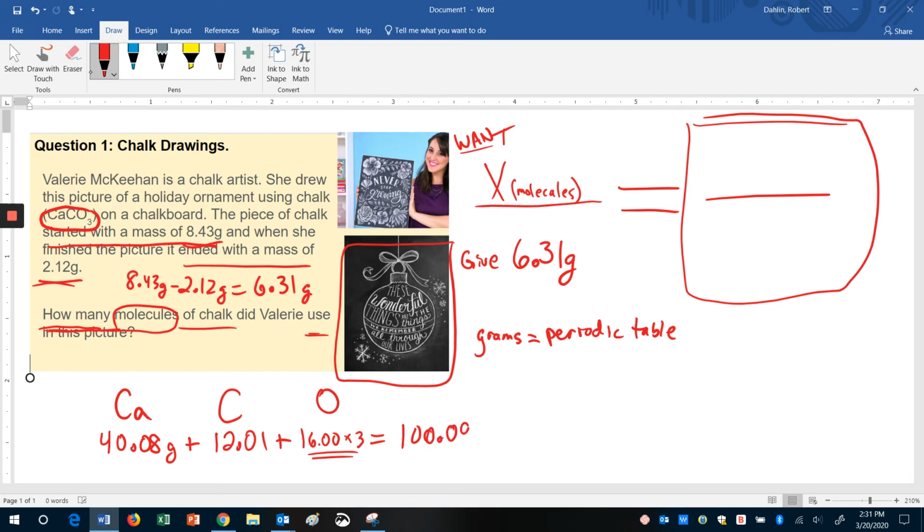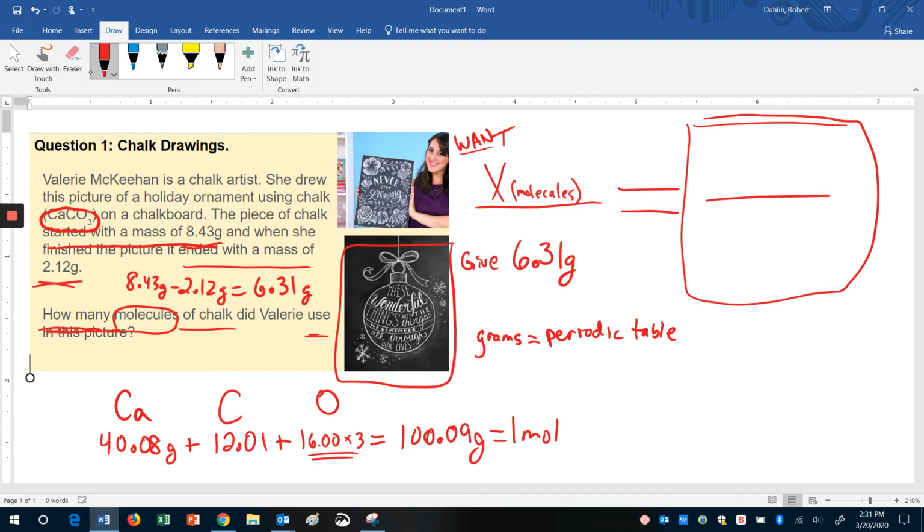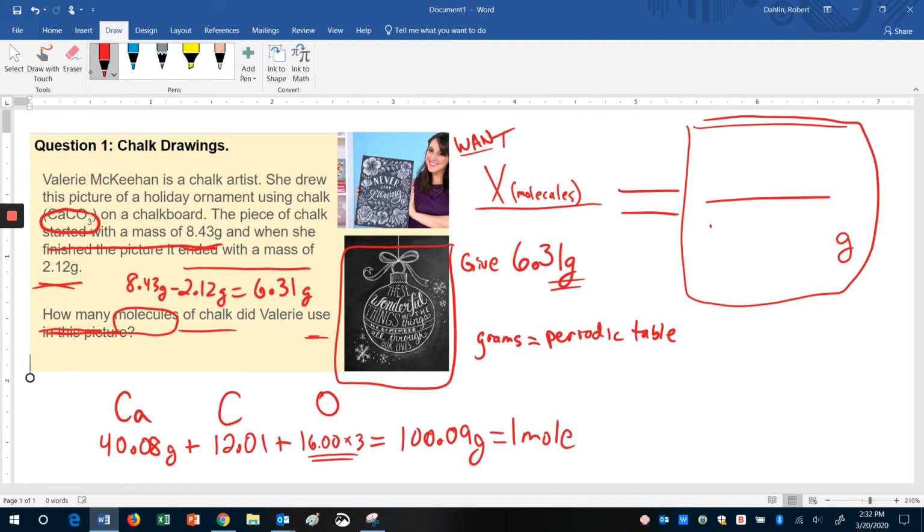Now this is grams, but that's how many grams is in 1 mole. Now, in terms of my proportion then, this is going to be the number that goes on the right side on the bottom. Why on the bottom? Well, because if I start with grams on the bottom, I need to end with grams on the bottom. So